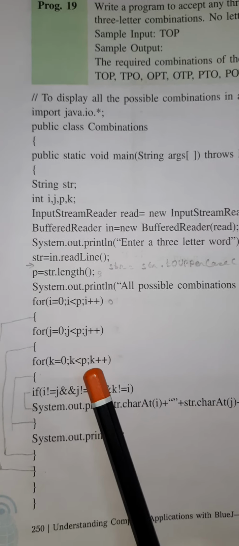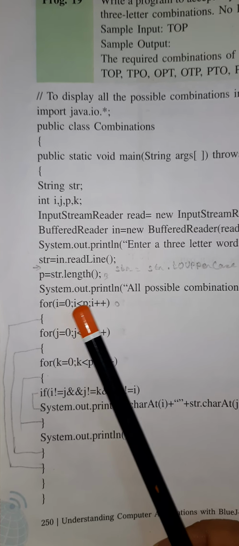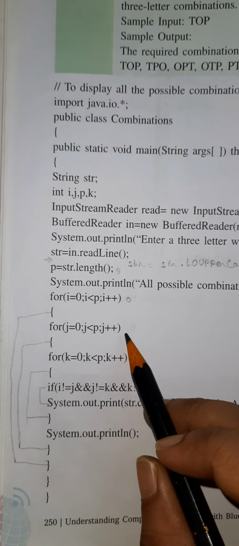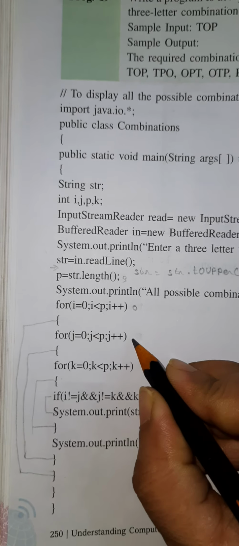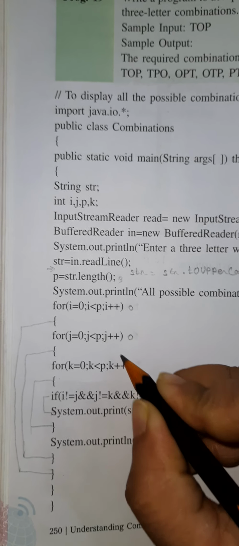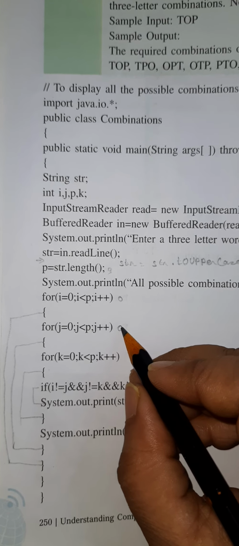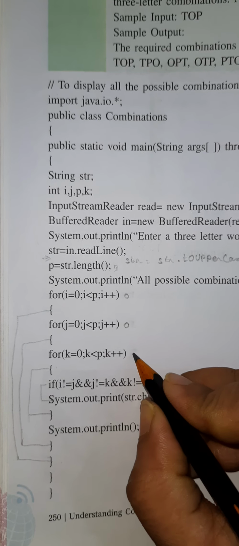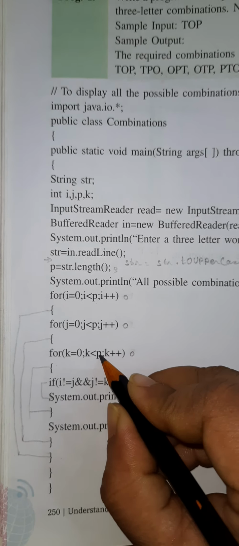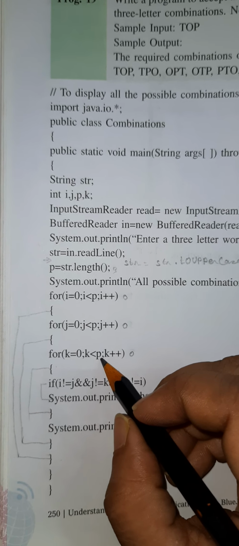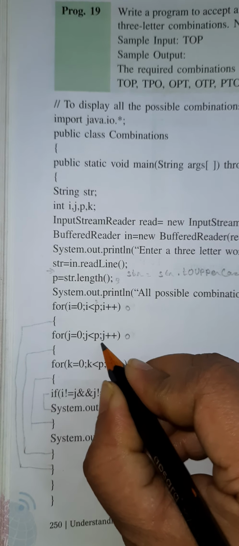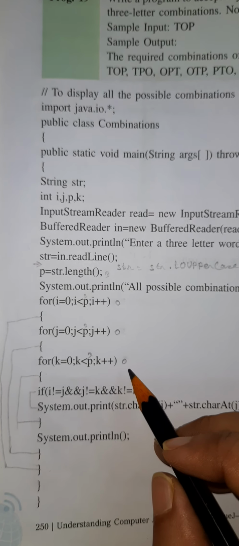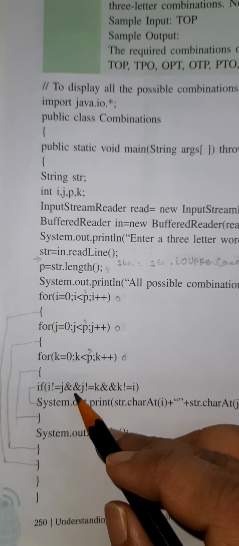Then let's get here. So i is equal to 0. Yes, 0 is less than 3, condition true, so it will come to this part. Here also j is 0, less than 3, condition true, so it will come to this part. k is also 0, less than 3, p value is 3, so the condition is true and it will come to this if part.